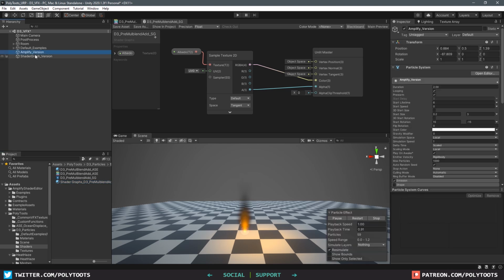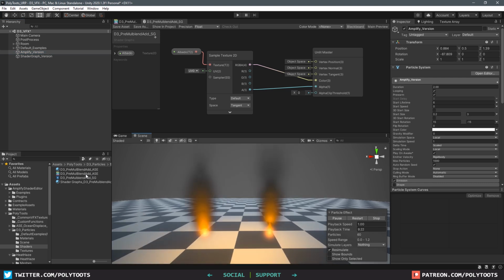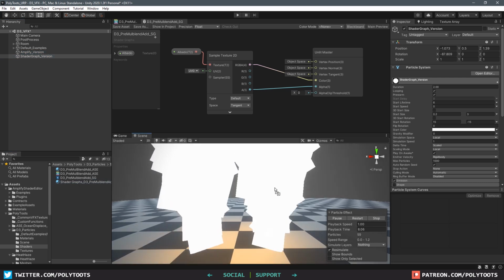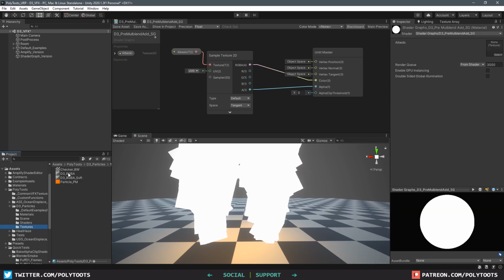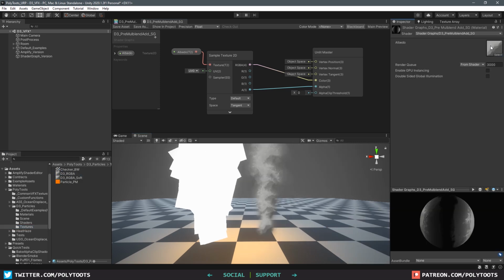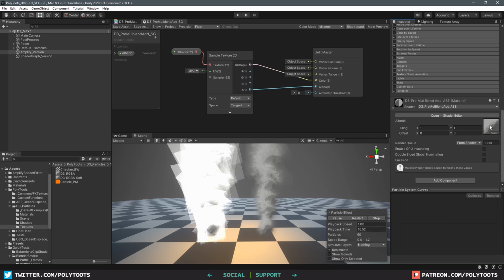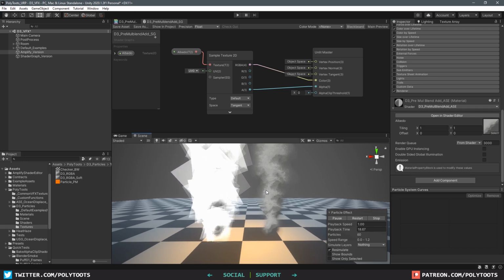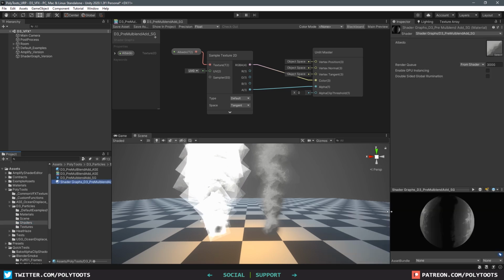I already have two particle systems in the scene here. They are the same as before, I've just renamed them for clarity's sake. So we'll stick our relevant materials on these and we'll get our Diablo 3 inspired particle texture on them. And let the confusion begin. This is pretty weird, right? There's actually two strange things happening here, but let's just address the most obviously wrong one, and this is actually